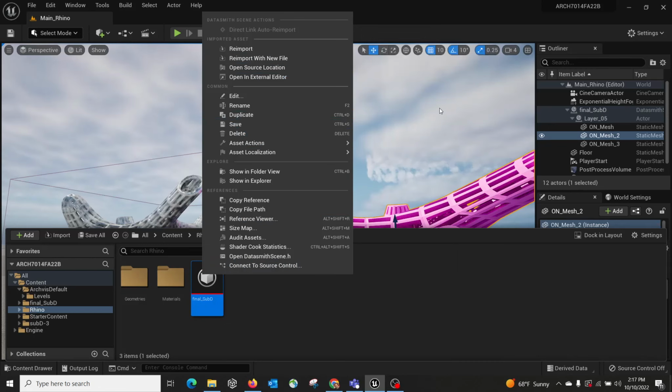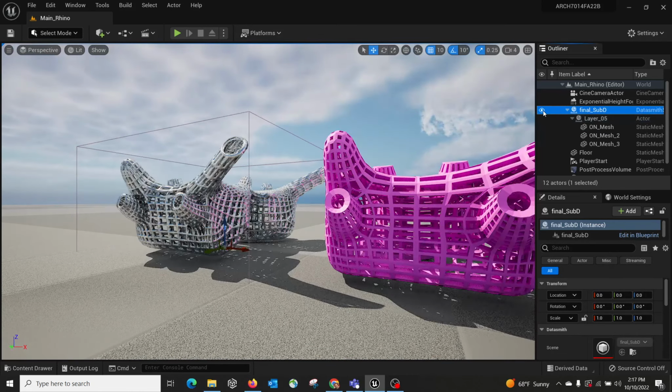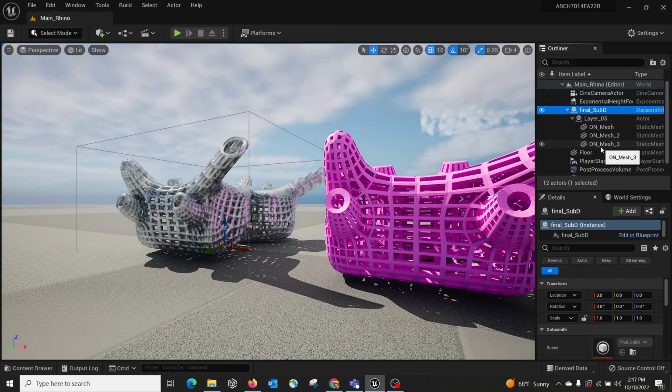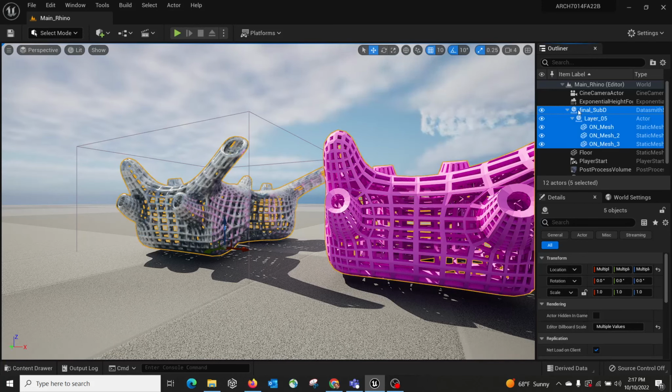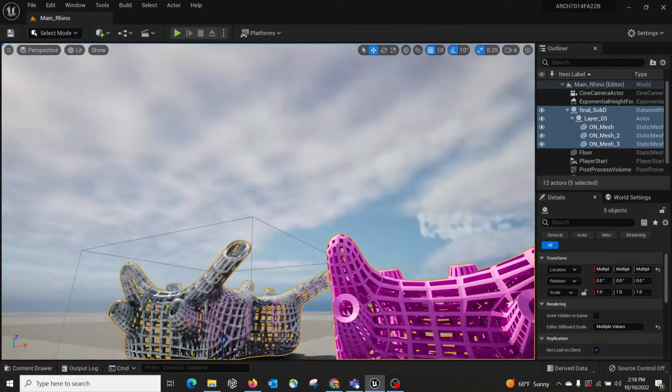Also in the future, if you made some mistake and you want to delete the file from the scene, you can hold shift, select all the geometries here, then right click, and then you can edit and delete. So this is how you remove this file from your current level. Okay, so this is not just for Rhino, for all the data